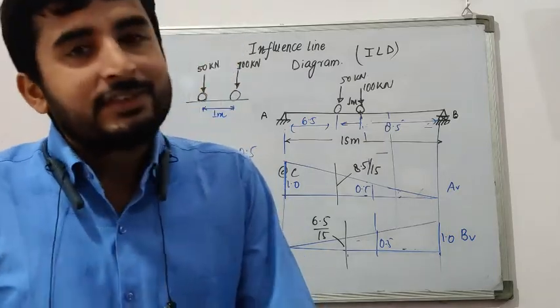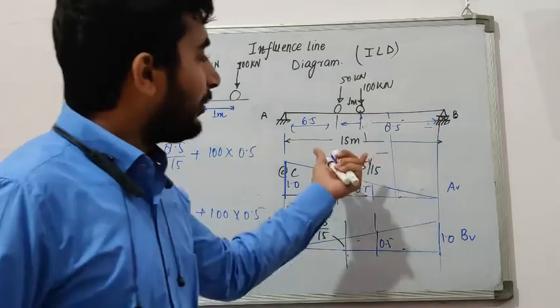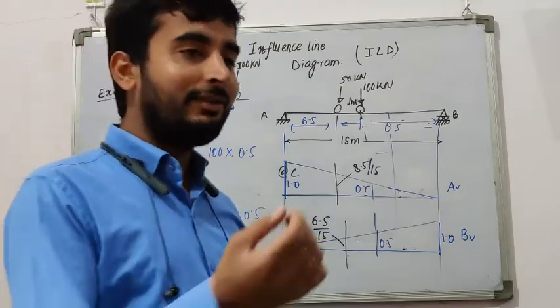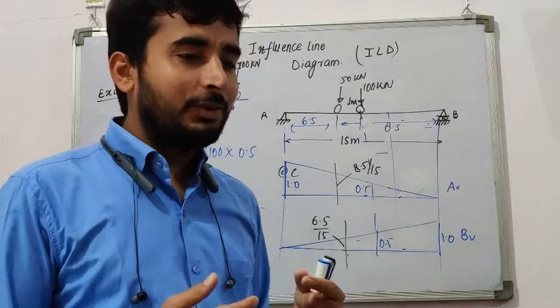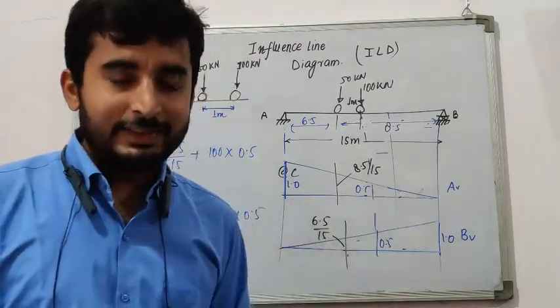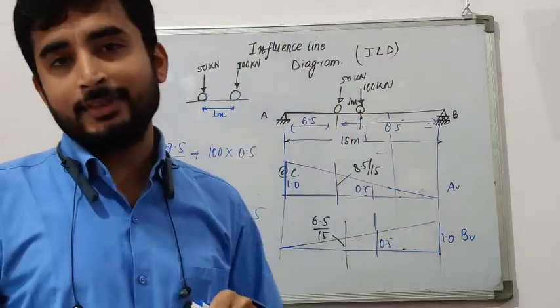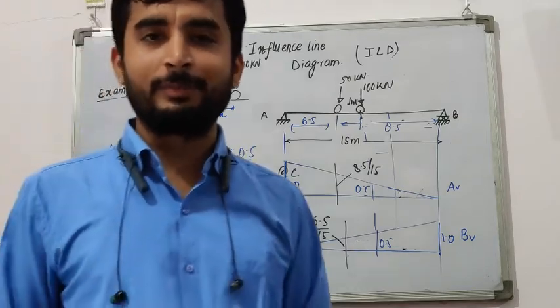To you, it might have seemed very easy when we were talking about a single load. But when we are talking about dual load, or if I convert it into a set of loads, or into a UDL with the load, when I increase the complexity, I don't give you simple ordinates like this 0.5, then you might feel that yes, it could not have been done very easily with those basic standard methods of sigma M is equal to 0 at some point and sigma V is equal to 0 for the whole beam.